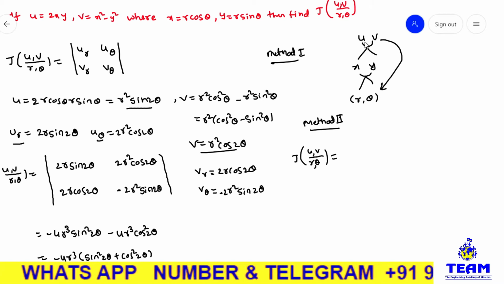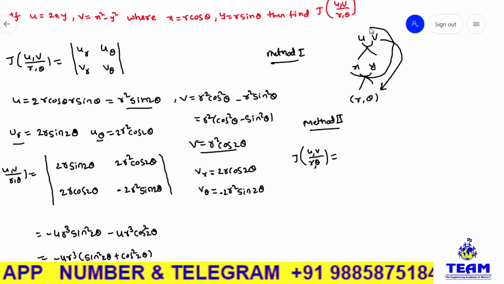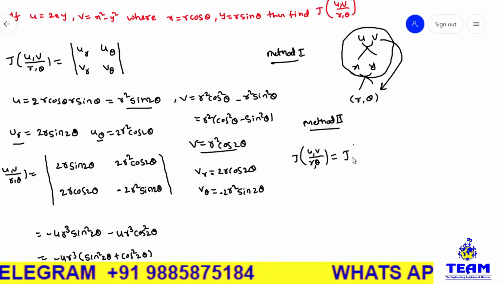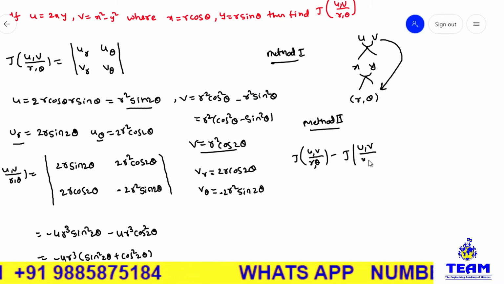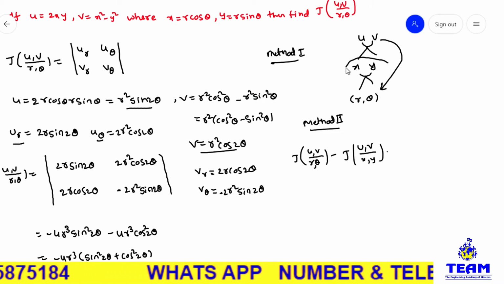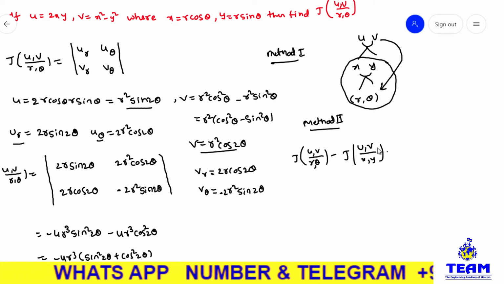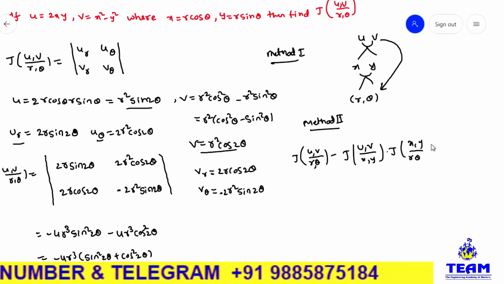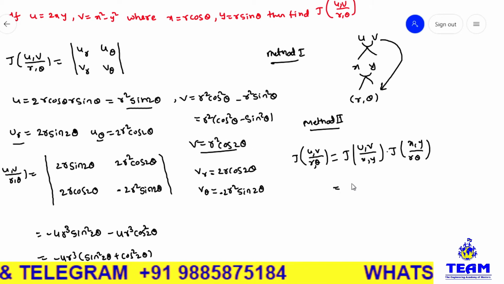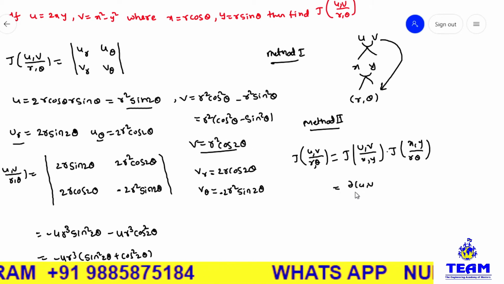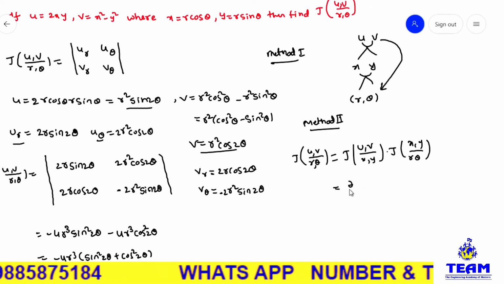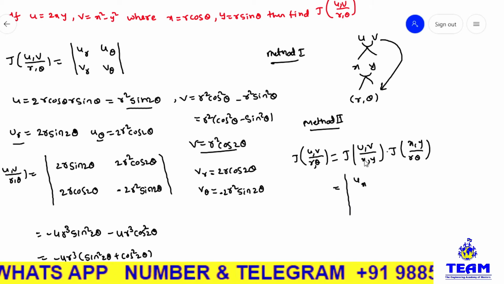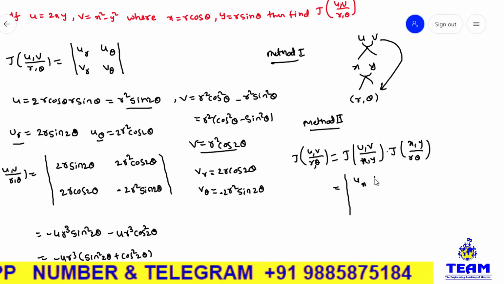Chain rule is nothing but first we have to find the Jacobian of u, v with respect to x, y. Later, x, y with respect to r, theta. This is the chain rule. So the Jacobian of x, y with respect to r, theta. So this value is equal to, I will write the determinant directly, instead of writing dou of u, v by dou of x, y. Now this is equivalent to dou u by dou x, because u, v are in terms of x, y, and dou u by dou y.